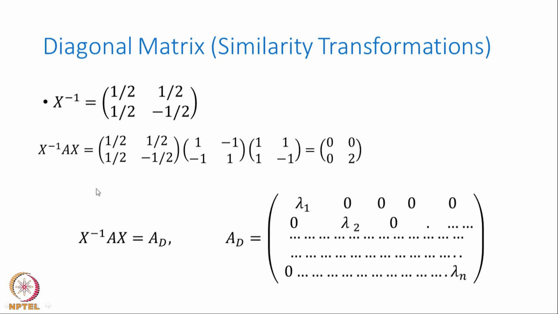Now, you will see that if the determinant of A is 10, the determinant of A diagonal also has to be 10, because it is multiplied by two matrices x and x inverse. So, if x has a determinant of value alpha, x inverse will have a determinant of 1 by alpha, because x inverse into x is 1. So, the determinant of x inverse will be 1 by determinant of x. So, automatically they will cancel. So, the determinant of A will be identically the determinant of A diagonal.